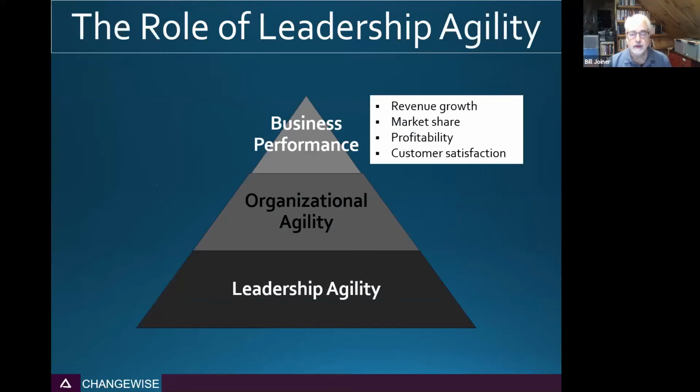Now, an additional piece of research here, this is the one we did with partners. He looked at the impact of the level of leadership agility, using this framework that I'll be presenting here, on organizational agility and on business performance. And what we found, there were two different studies. One was with a partner in the US and one was a partner in Europe. They both arrived at exactly the same conclusions, which were that